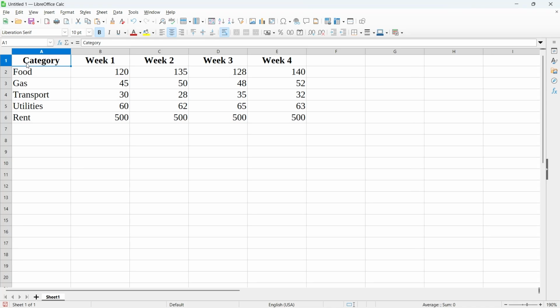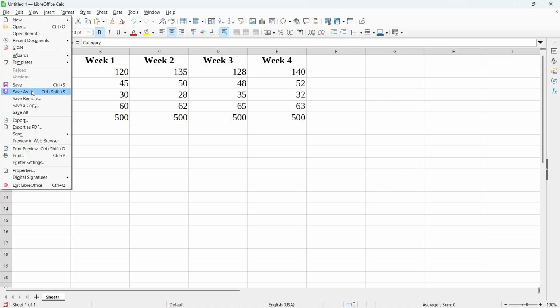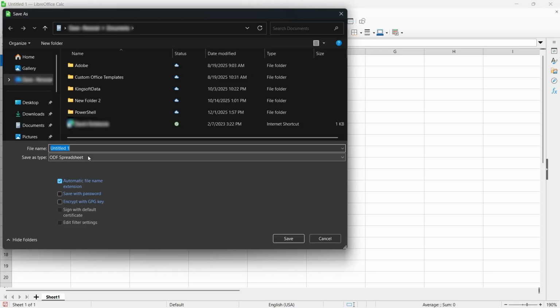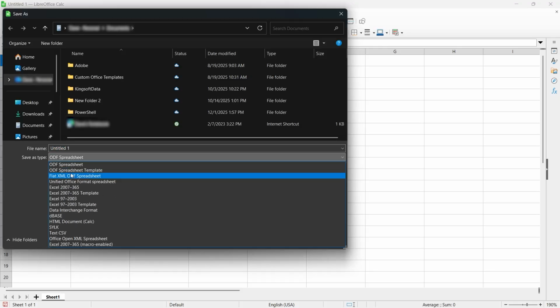Hey guys, in this video I'm going to show you how to save a LibreOffice Calc file as an Excel file. So here is our LibreOffice Calc file, and what we're going to do is click here and then choose Save As. And then from here, instead of the ODF spreadsheet, I want you to click that one